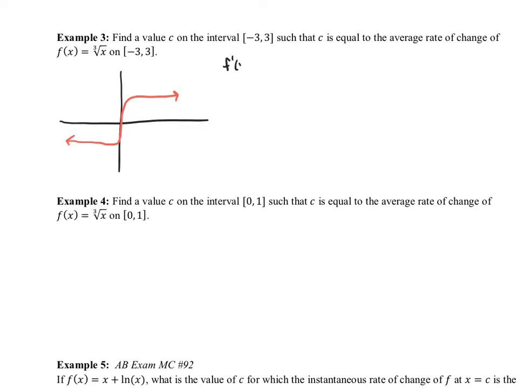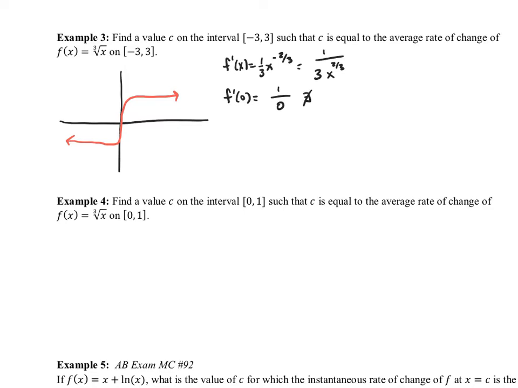So if we take the derivative of this, we get 1/3 x to the -2/3. And if you were to calculate f of 0 here, maybe I'll write it like this: 1 divided by 3 times x to the 2/3. If you were to take the derivative at 0, you would have 1 divided by 0, which is clearly undefined. And so because of that,